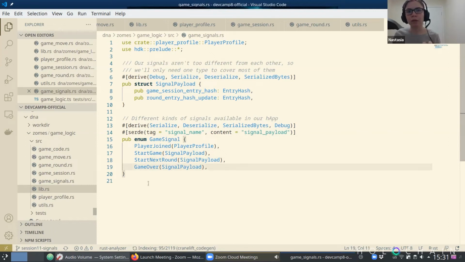You can also see that every enum value contains something inside of it, basically signal data that would be shared between the nodes. So for player joined, we would actually just send the player profile of somebody who has just joined the game, because it contains a very small piece of data and would allow both to know the nickname for user interface purposes and also to know the public key of the agent. Just as a reminder, the player profile struct looks